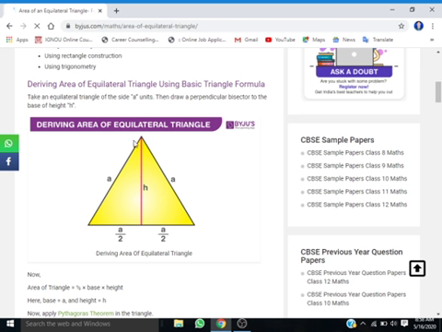In the case of an equilateral triangle, all sides are equal, so let the side be A. When we construct a red line that is perpendicular to the base, it automatically bisects the base into equal parts. The reason is that all sides are equal. So when we divide the angle with the help of an angle bisector, it divides into equal parts. Obviously A by 2, A by 2, because the total side is A, so half of that is A by 2.